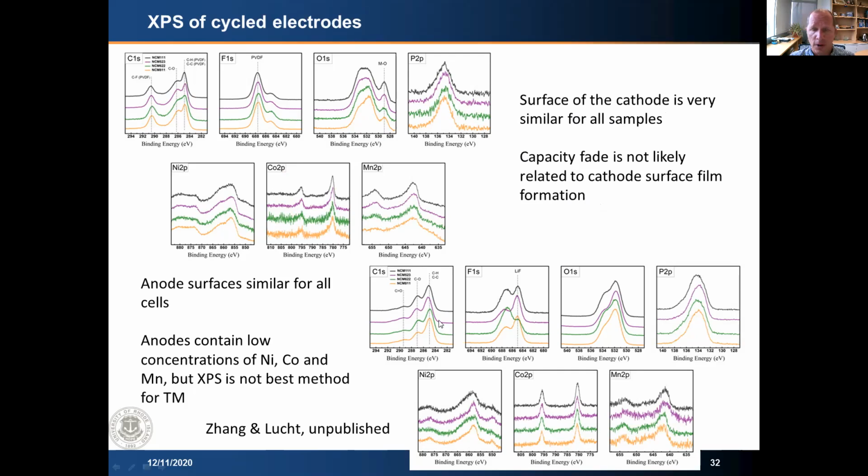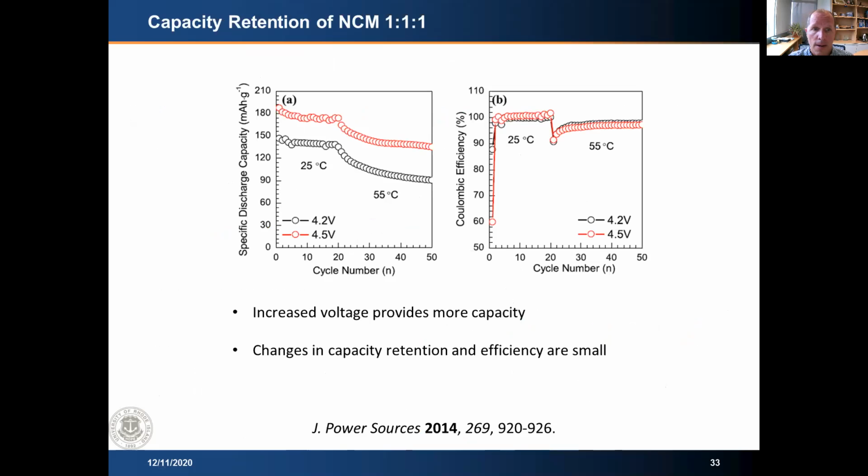We also can tell if we look from XPS spectra that the anode surfaces for all of these different materials are also very, very similar. And the anodes contain low concentrations of both nickel, cobalt, and manganese. However, XPS is not really the best way to determine the transition metal content on the surface of the anodes. So we moved on from the